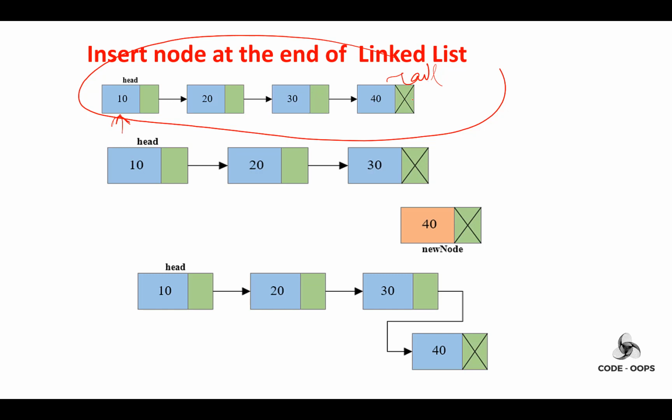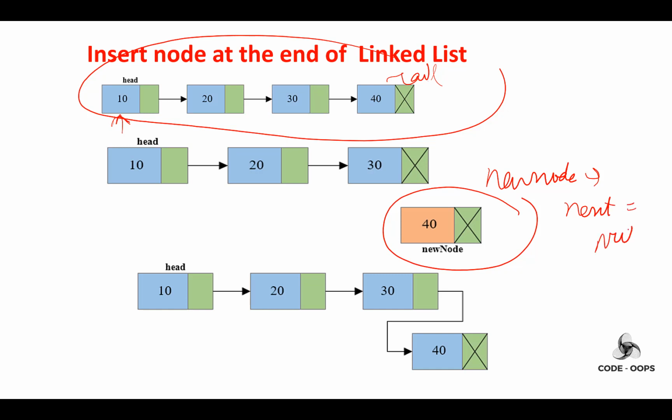Insert node at the end of a linked list. First of all, create a new node and make sure that the address part of a new node is null, that is new node next is equal to null,